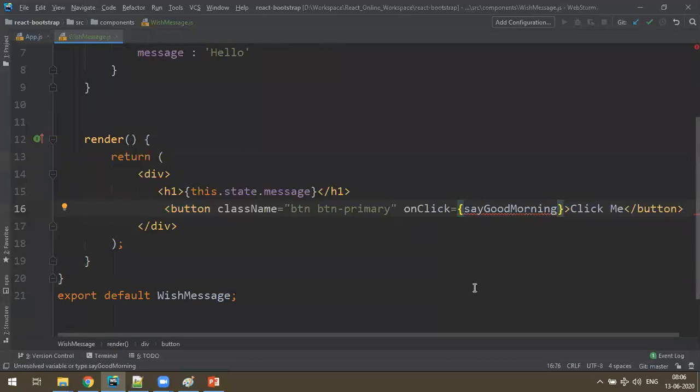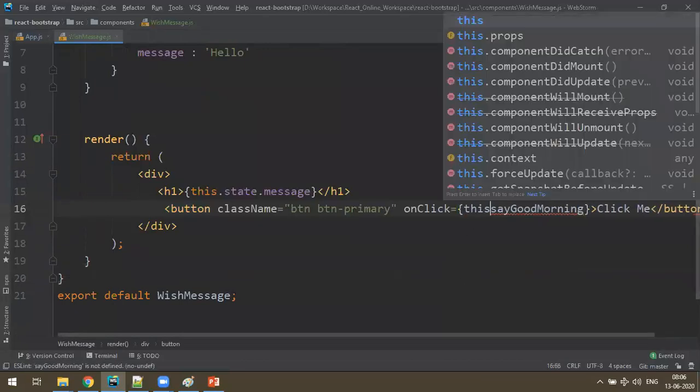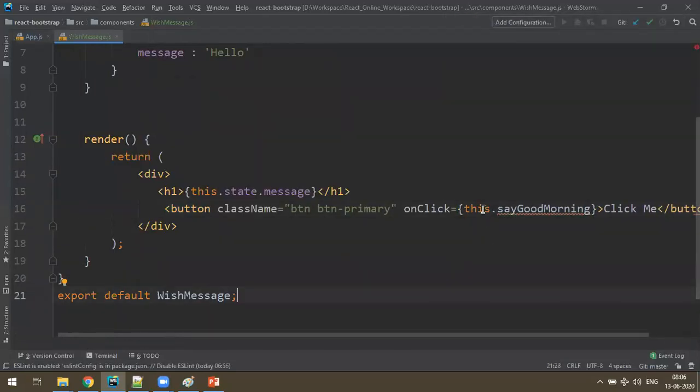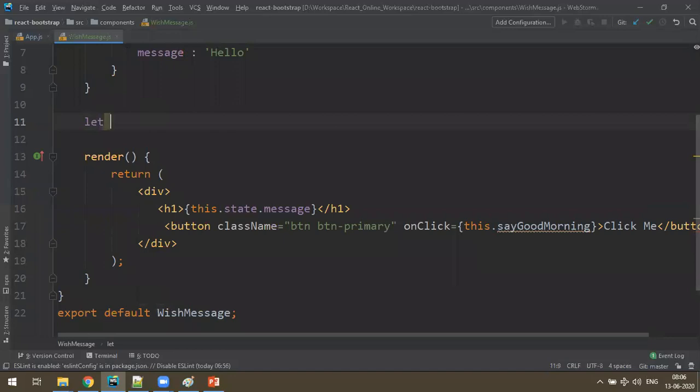Because this is a class component, you can use the keyword this: this.sayGoodMorning. I have to create this function now here. So sayGoodMorning is equal to an arrow function.